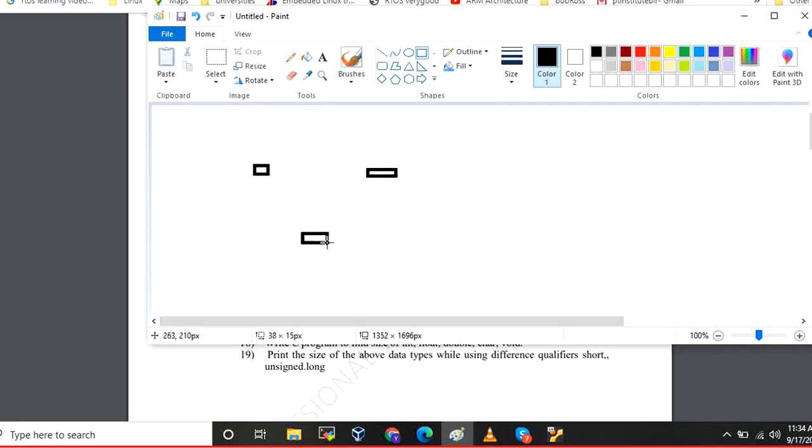You can take one more variable, and whatever is in this variable you copy here, then this variable you copy here, then this value you copy here. So these 2 variables will automatically change. So that is using a third variable.